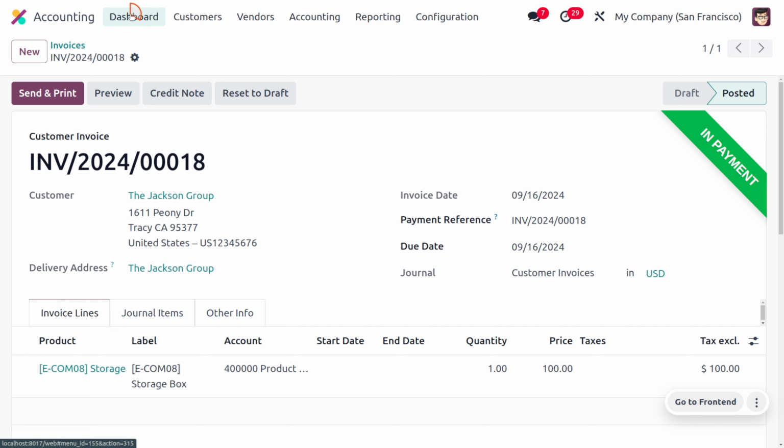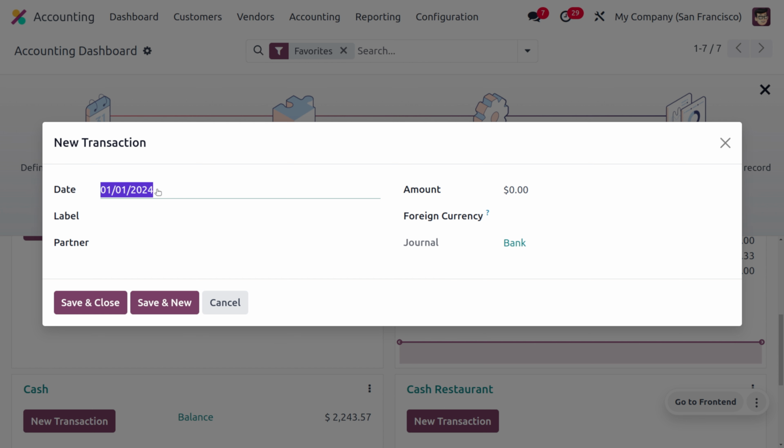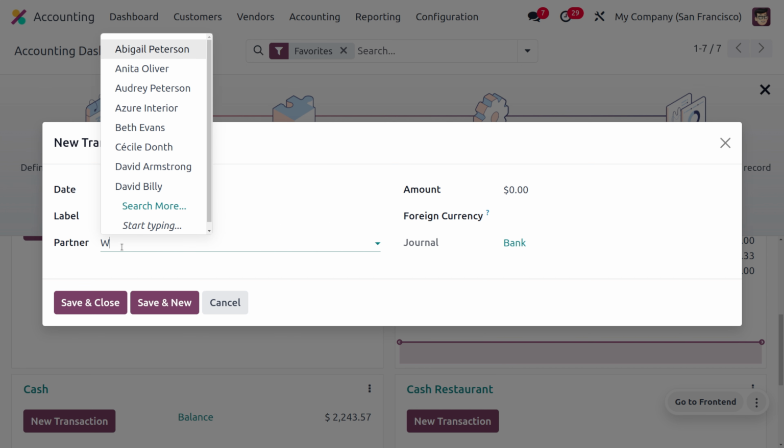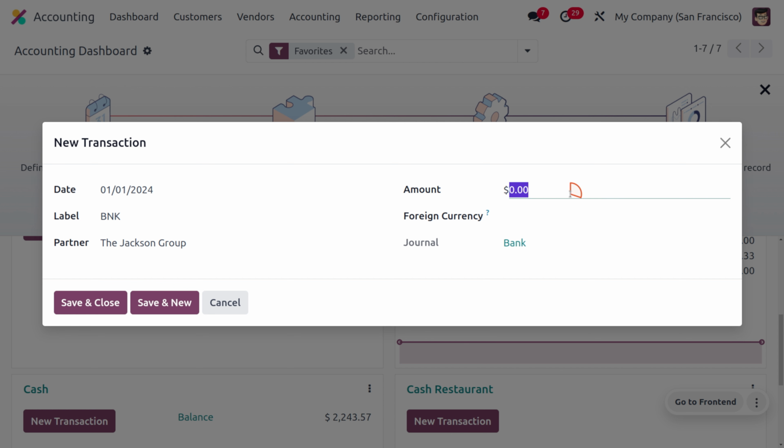Now let me move on to the dashboard, and under that we just need to create the statement. So here you can see that the label that we have just set in the rule is BNK. So we have to use the same label itself, and here we know Jackson Group is the customer. So you can choose the Jackson Group over here, and the amount in the invoice is actually 100.